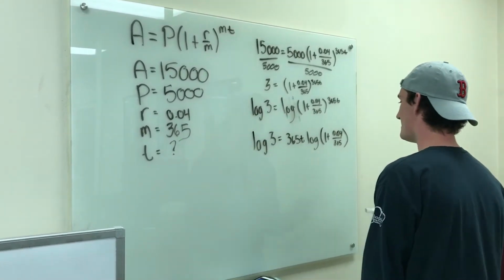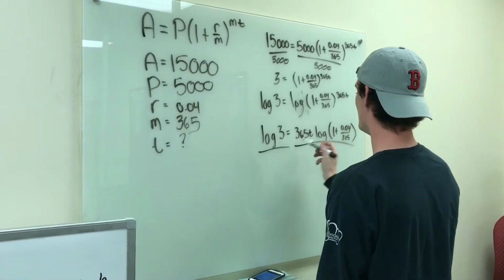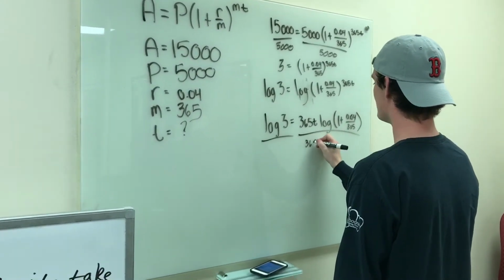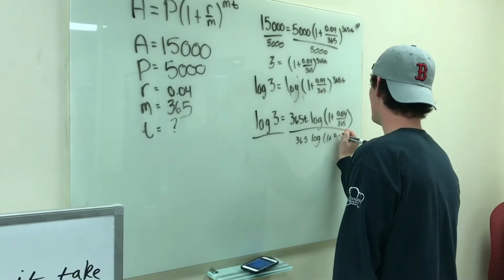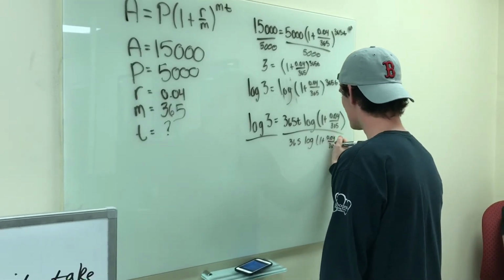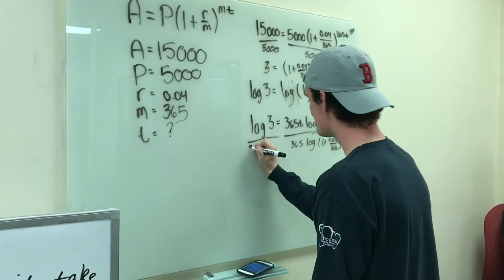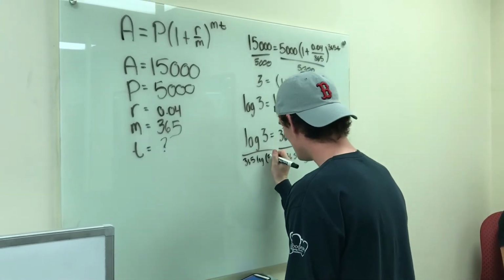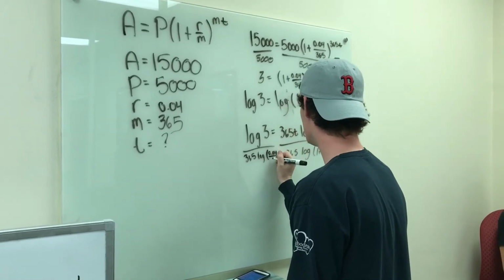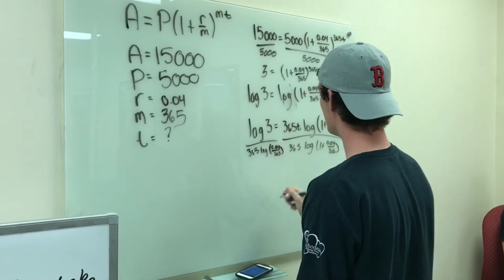And then you divide by 365 log of 1 plus 0.04 over 365 on both sides. And you get that T